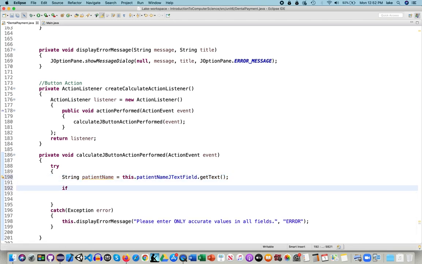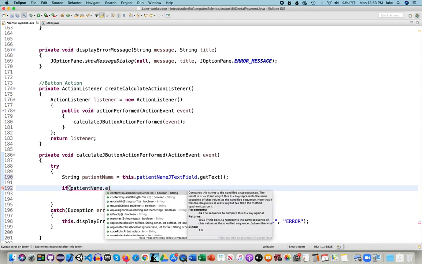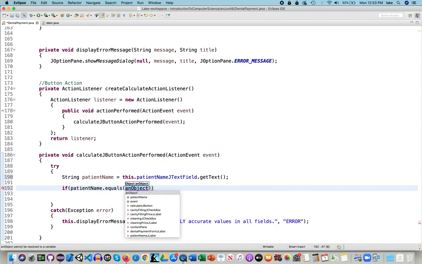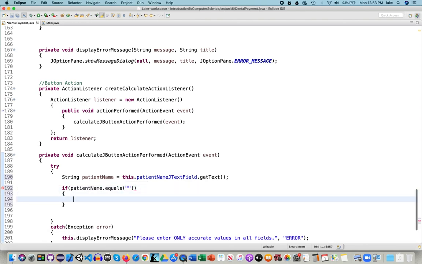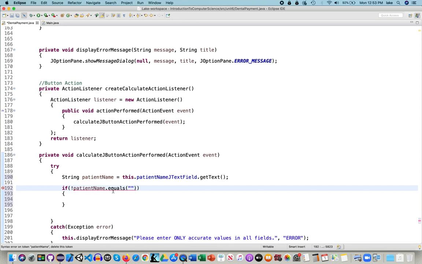Now here we go. If the patient name dot equals, so not patient pain, patient name, dot equals. So I'm going to look for the equals. I like to finish off things with my code completion handle. If nothing is there, well, I'm going to write the not. I'm going to write the not for this, okay? What am I saying? I'm saying if it's not empty, okay, if the person actually writing a name, I'm going to do some stuff. Otherwise,